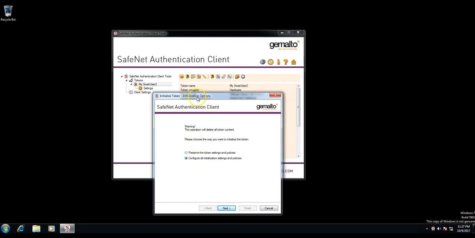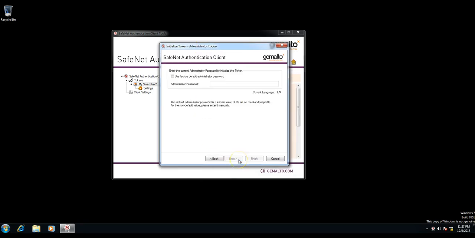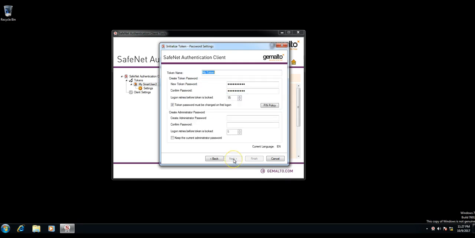This allows me to rename the smart card. So I'll walk you through this. I'll hit next there. It will prompt me for the administrator password, so I will put that in. And then hit next. So I could rename this smart card and token. I'll rename it to my smart user 1, right? Keep the new token password. I'll set it to something I can remember. And again,